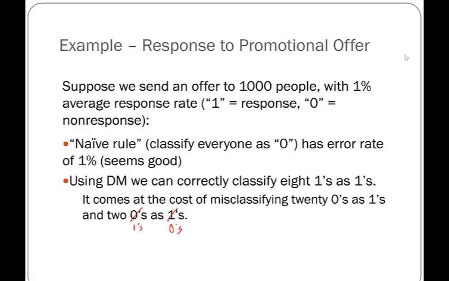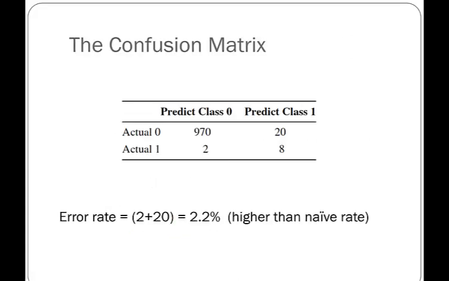With a 1% average response rate, let's say of these 1,000 people, then there are 10 that would respond affirmatively, and the remainder, 990, that would not respond. And we can come up with a data mining procedure that correctly classifies 8 of those 10 ones as ones, but it does it at the cost of misclassifying 20 of the zeros as ones and 2 of the ones as zeros. If that's the case, we can look at the confusion matrix, and we have